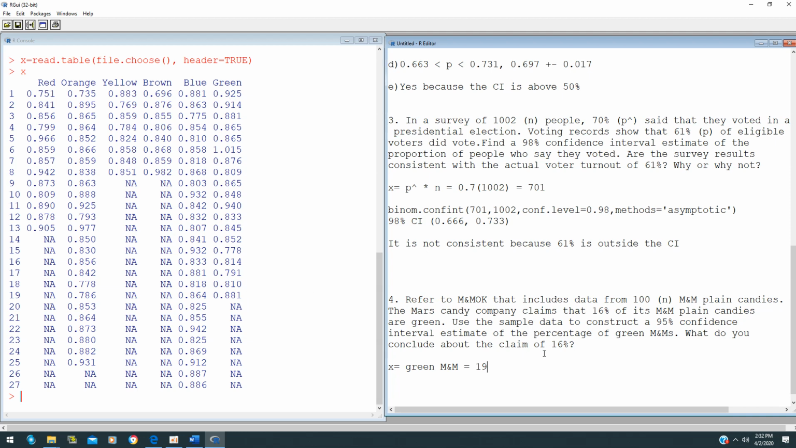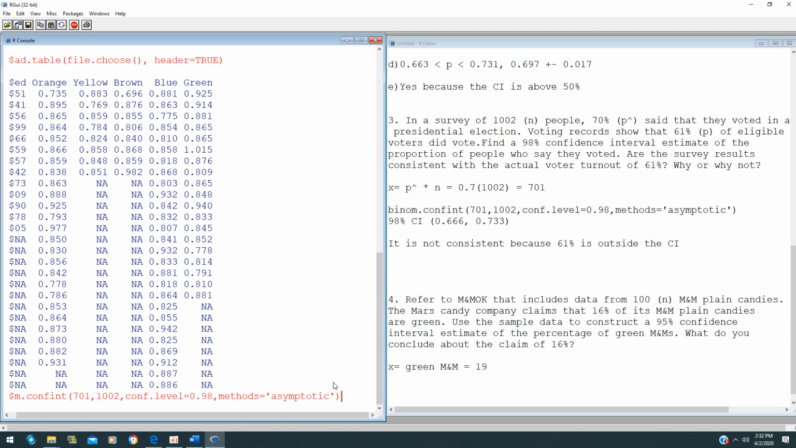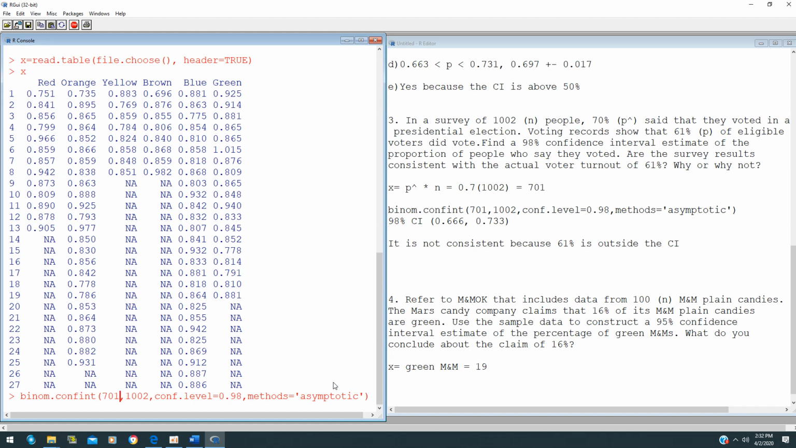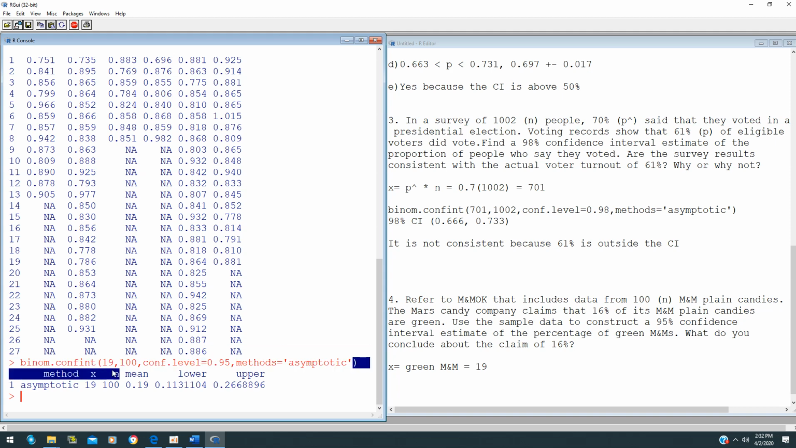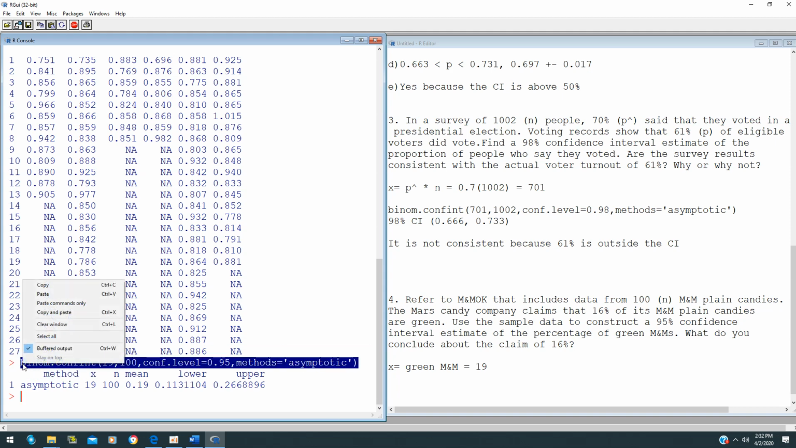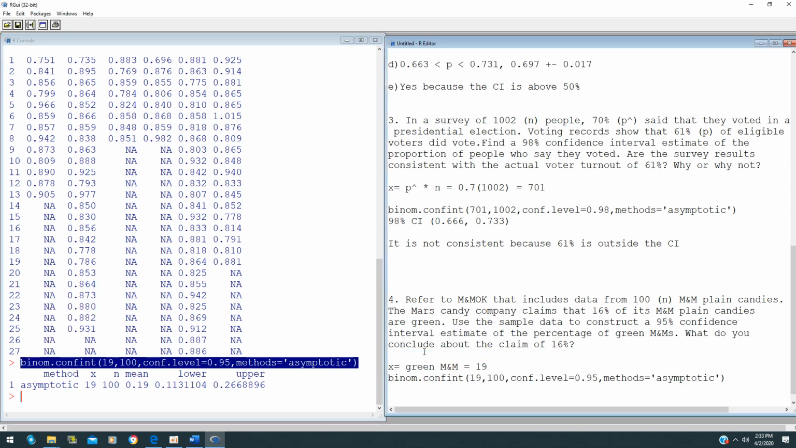In order for us to figure out a 95% confidence interval, you do the binom.conf.int. My x in this case is 19, we got 19 green M&Ms, and we got 100 sample size, and you need to find a 95% confidence interval. Don't forget this, you need to copy and paste it into your notes, because this is worth a point in your test. So the 95% confidence interval in this case is given to us by